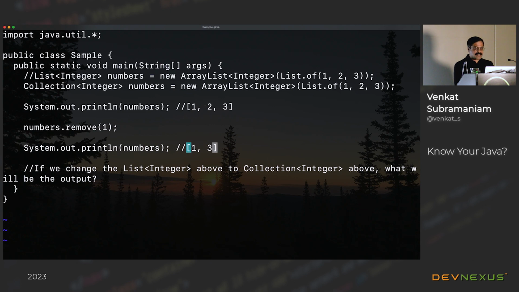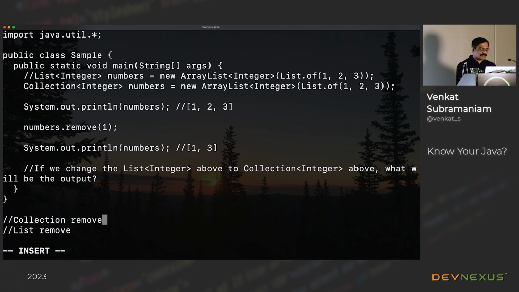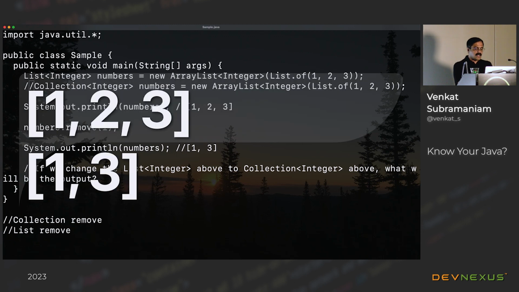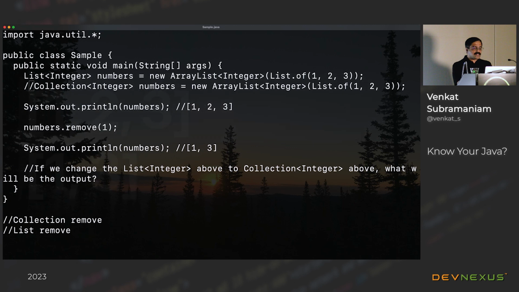And this is also a lesson for us to think about when it comes to designing our own APIs, our own libraries. As it turns out, the collection has a remove method, and so does list, which has a remove method as well. So when you go back to the code we had a few minutes ago, if you notice, when you run this code, it got rid of the 2. And the reason, of course, is the index right here is index 1.